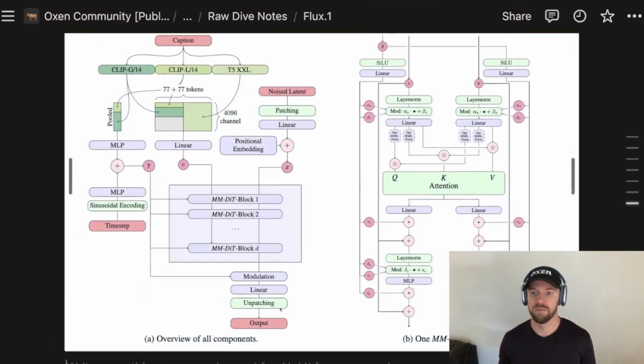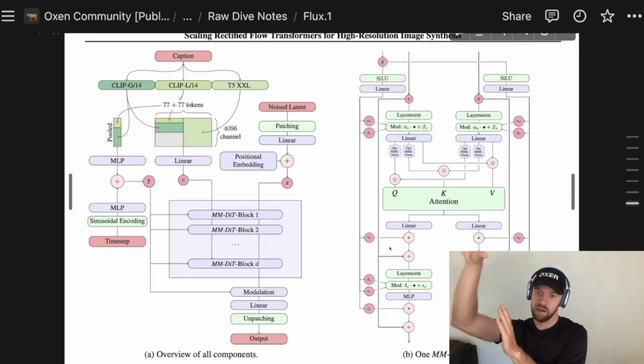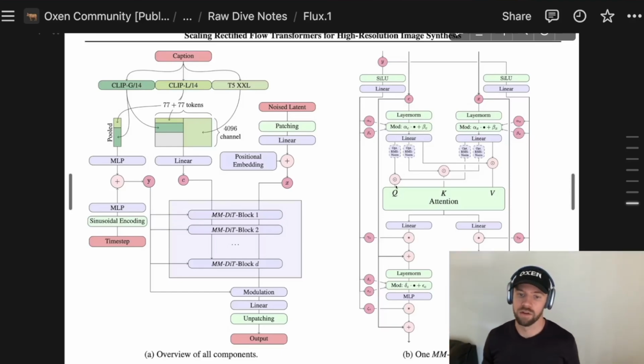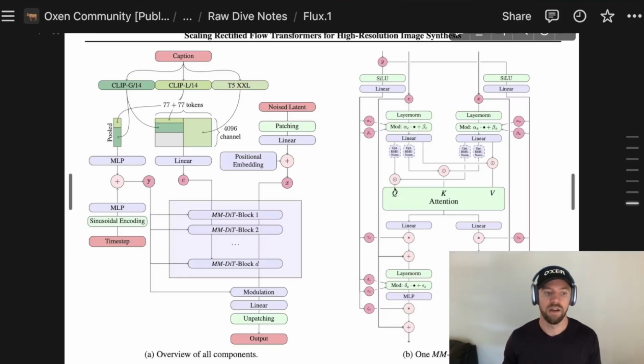And then within the diffusion block, they're doing the same thing on the other side with all of the image patches. And then they have some cross attention that lets the image tokens and the text tokens communicate back and forth. But these 2 channels are trained in parallel, one to encode information about text and one to encode information about images. And then you'll see they have the other types of things that you pass into diffusion models, like the time step that you're at, some encoding of that time step,